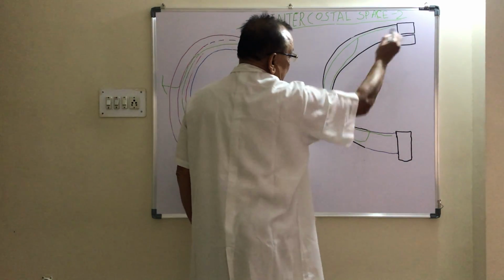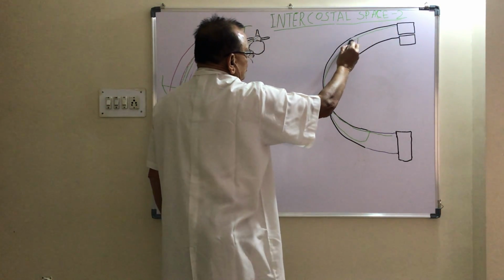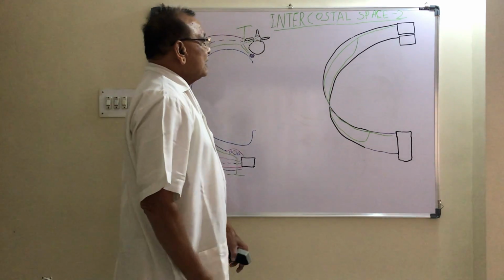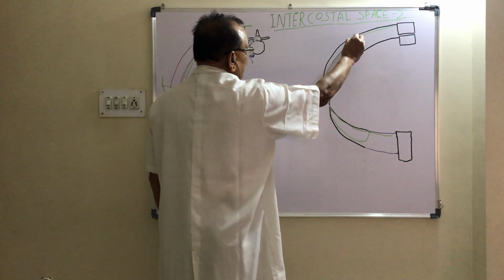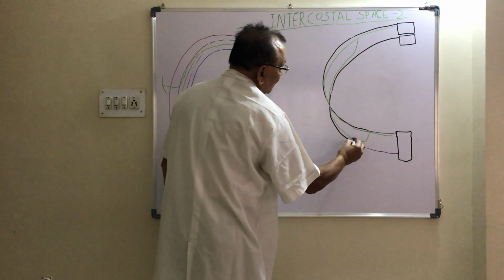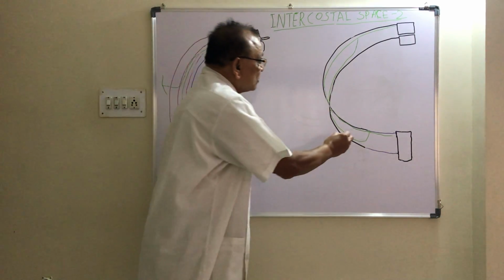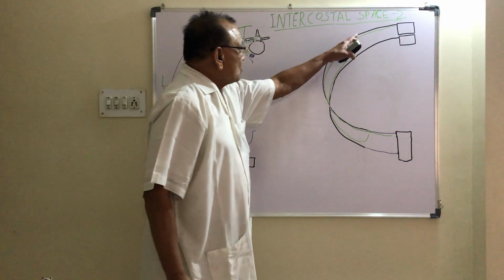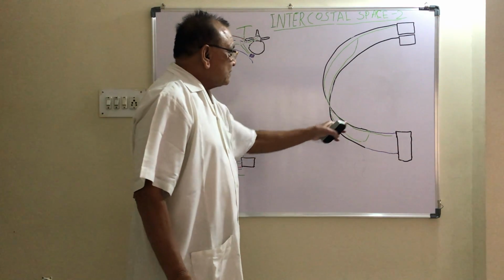These are the two thoracic vertebrae. This is the sternum. This is the intercostal nerve. Near the angle, the intercostal nerve gives one branch, and this branch is called the collateral branch. The collateral branch runs in the lower part of the intercostal space up to the costochondral junction, and at the costochondral junction it rejoins the intercostal nerve. So this collateral branch, in its course, supplies the intercostal muscles as well as the parietal